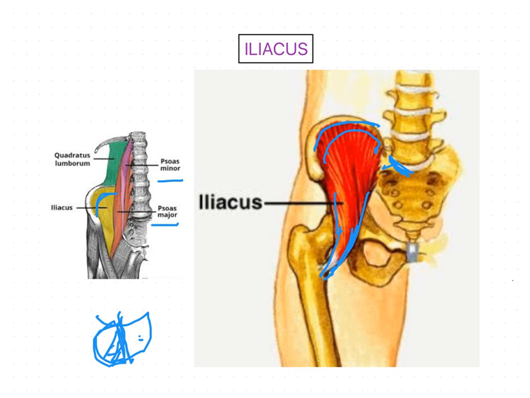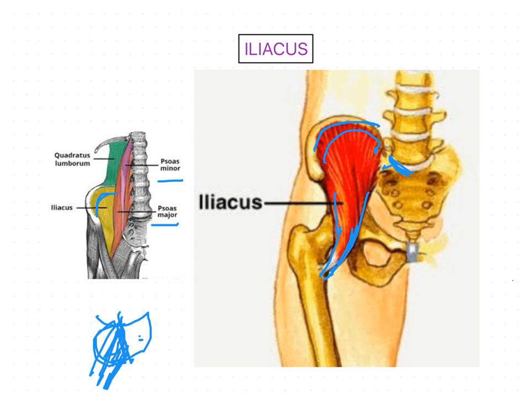If they ask about iliacus, you have to say specifically it is inserted on the lateral part of the lesser trochanter, and this insertion also extends